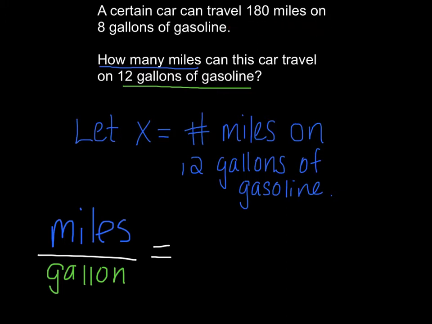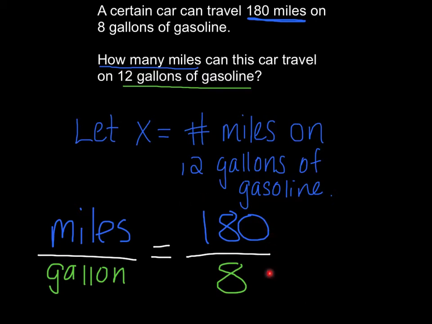So I can write 180, and I'm going to underline this 180 miles in blue just so you see where I'm getting that from, over 8 gallons, and I will write that in green, 8. So I've begun to set up a ratio, or the first half of a proportion, 180 miles per 8 gallons of gasoline. Now, I want to set this ratio equal to